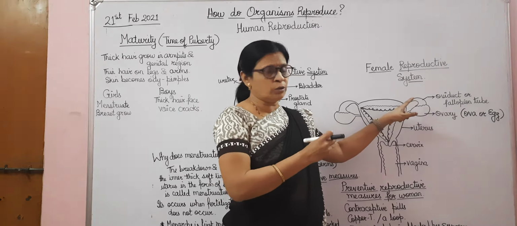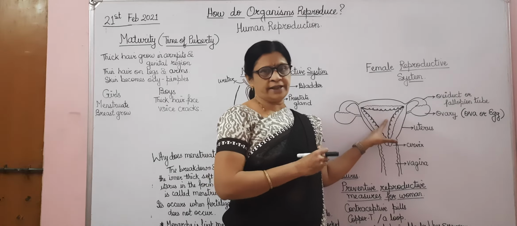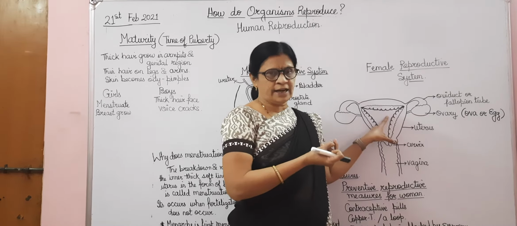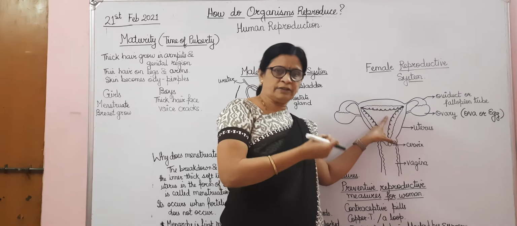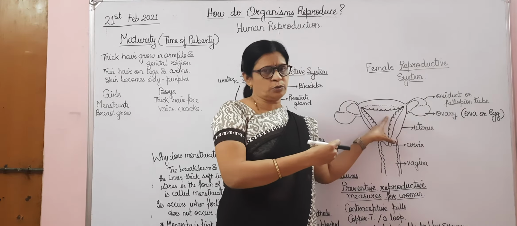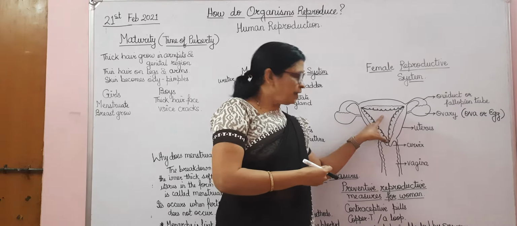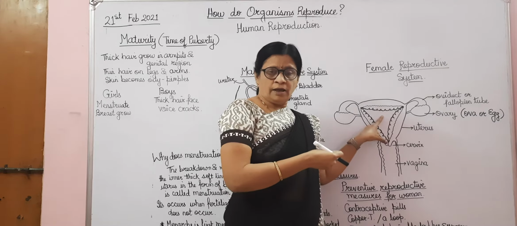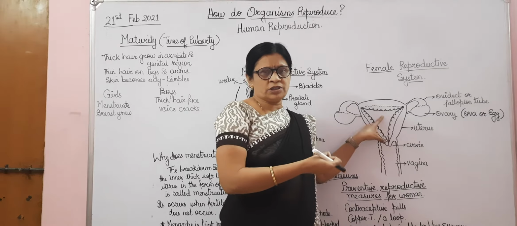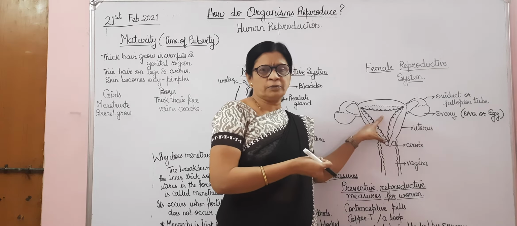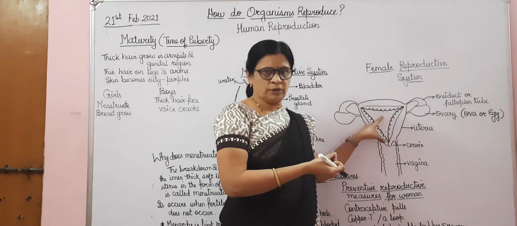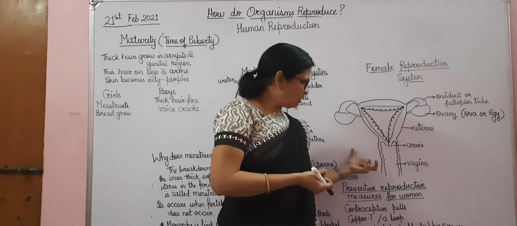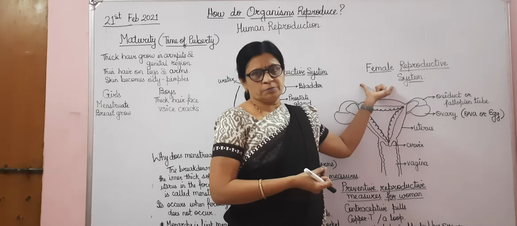And that embryo comes into the uterus, and in the uterus there is a disc-like structure called the placenta. With the help of the placenta, the fetus and the mother are attached to each other, and the zygote is fed in the mother's womb. All the blood and oxygen the fetus is taking is from the mother's womb, with the help of the placenta. So this is how the female reproductive system is working.